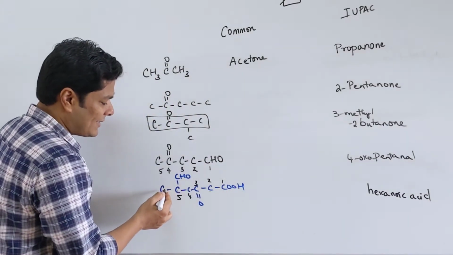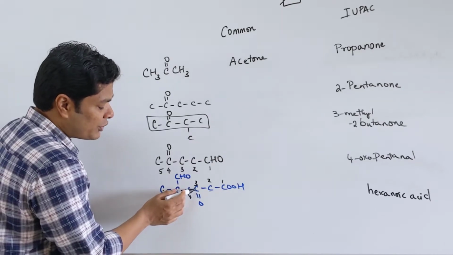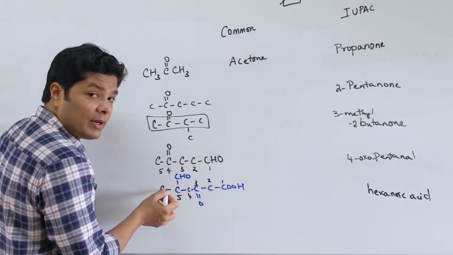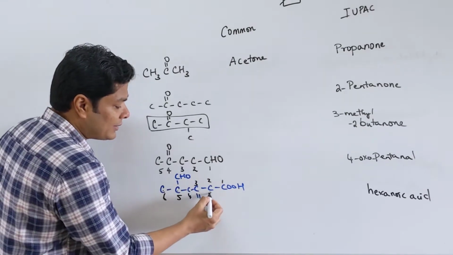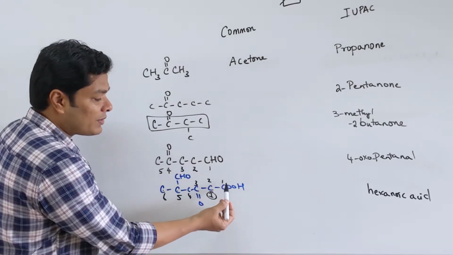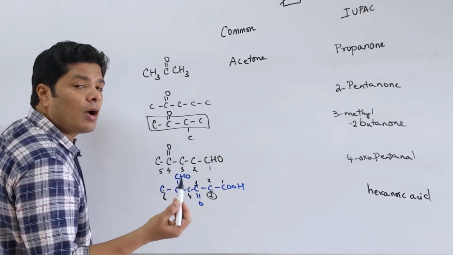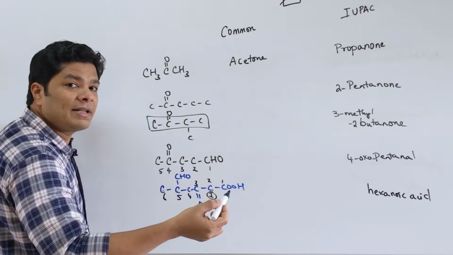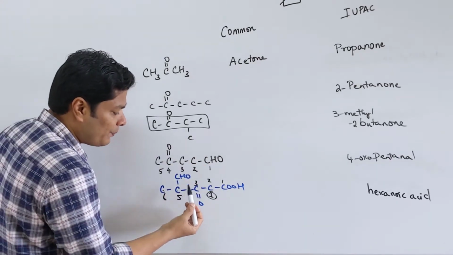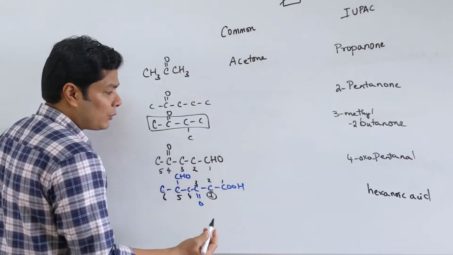Now that I have hexanoic acid, I have to name my aldehyde and ketone. Ketone is pretty simple. At position number 2, so this is the longest chain numbering, but position numbering is, this is 1. So don't get confused. This is number 1 in terms of longest chain, but longest chain is not the position. For example, if you take a common name, alpha, beta, gamma is given for the position after the functional group. Similarly here, this is carbon 1, this is carbon 2. So 1, 2. So at 2 I have ketone.